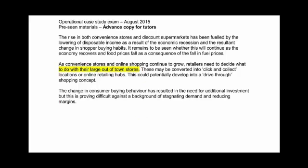I'm going to recommend that you have a look on Google, and that you look at the Tesco Extra, a very large store. Sorry about that. The Tesco Extra store at Watford is the one that the company itself considers to be a very good indicator of what stores are likely to do with their large hypermarkets and with falling demand or lack of attractiveness. So look up the Watford